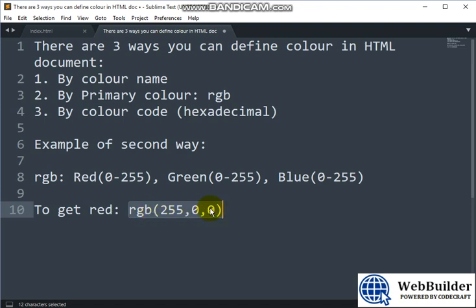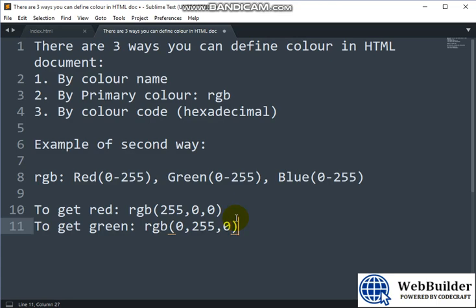Blue in the last, I don't want. That's 0. If you want green, now to get green, RGB, open bracket, red I don't want, green I want, 255, blue I don't want. So this